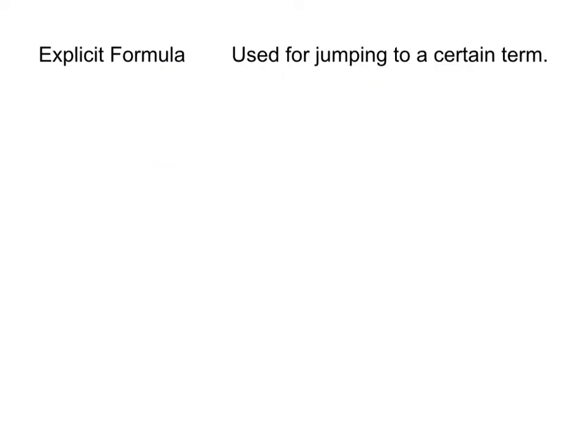Well, there is a formula that you can use when you're trying to figure out a certain number. Like if you're trying to find the 100th term, you're not going to want to add 5 every time, 100 times, to figure out that number. It would be much easier if we had a formula. So we call this the explicit formula, and it is on your formula card that I gave you in class. The explicit formula is only used when you're trying to jump to a certain term. So, for example,